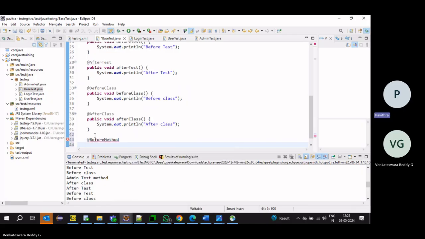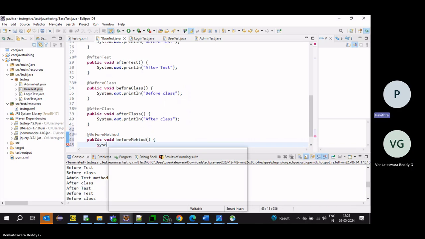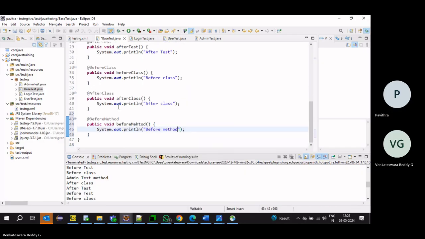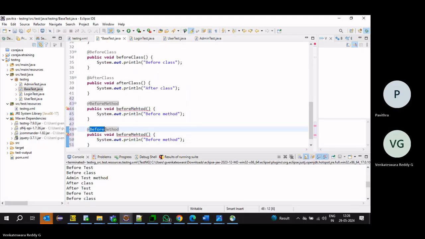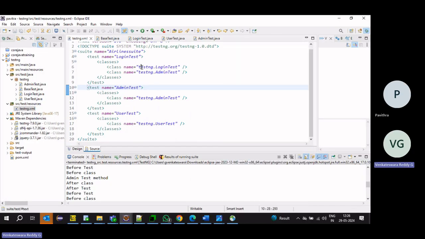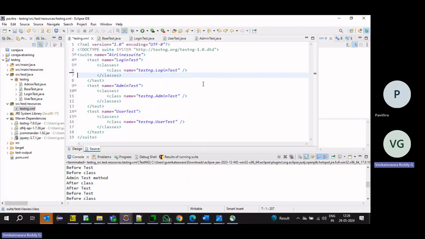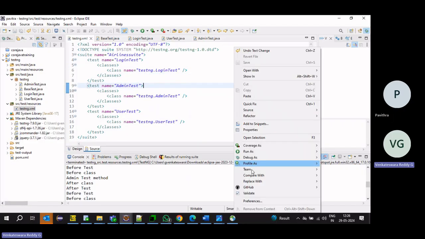Before method, then after method. Now run it again. I will remove this class.